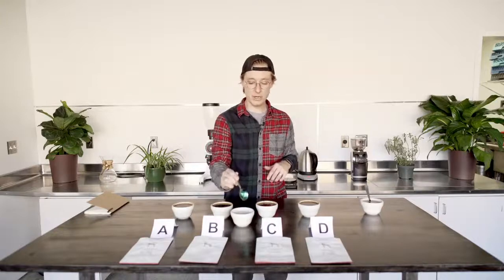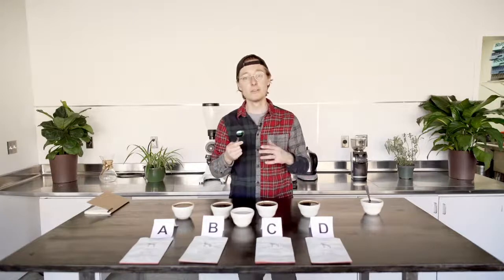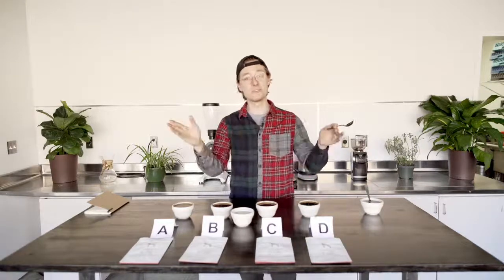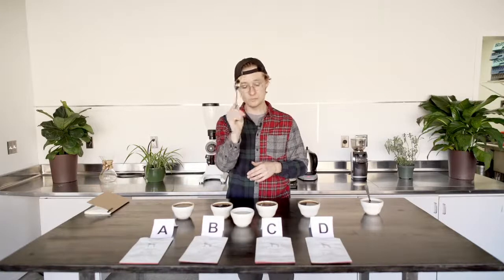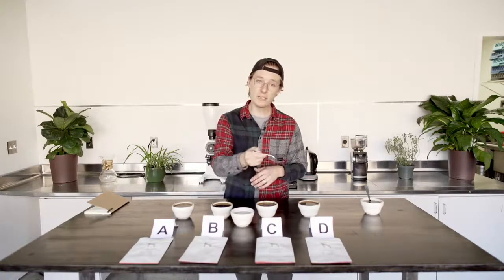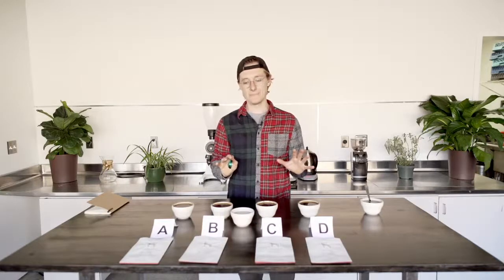Now, this is the fun part, okay? If you were tasting with a bunch of people, you could have a competition on whose slurp is the loudest or the most unique. But all we're going to do is take this spoon, take a little bit of coffee, and slurp. Some very basic